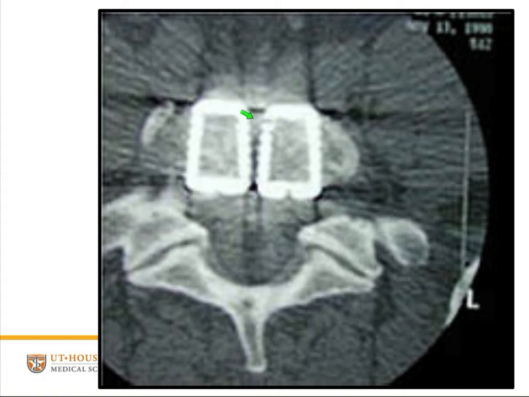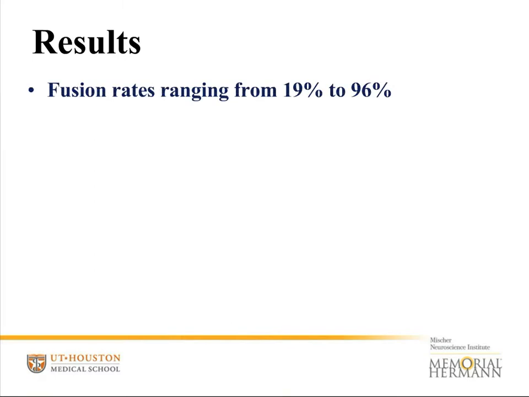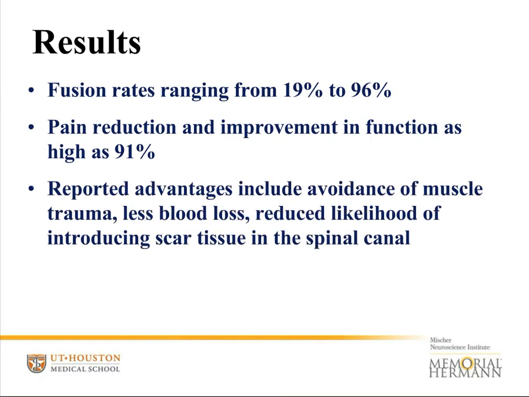This is a CT scan, which actually shows the interbody cages, one on each side, that's placed into the inner disc space right here. The results of this surgery are actually much better than they used to be. Fusion rates are as high as 96%, and people actually get reduction in their pain and improvement at least 90%